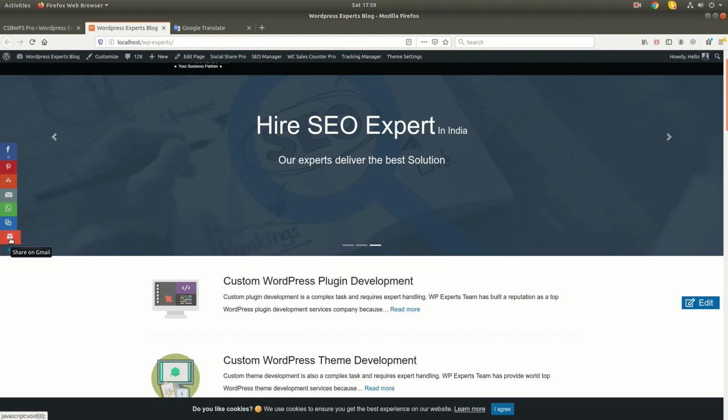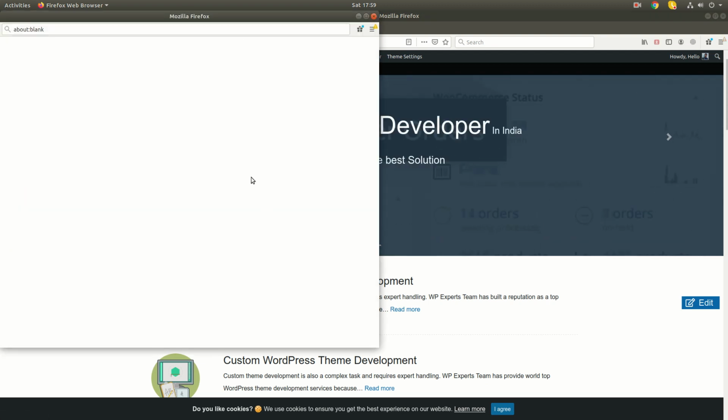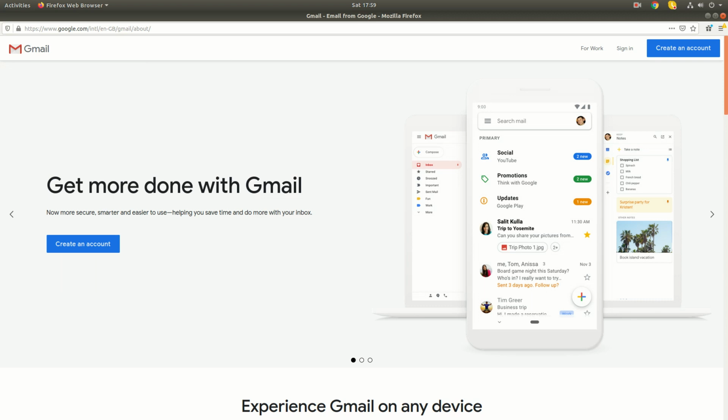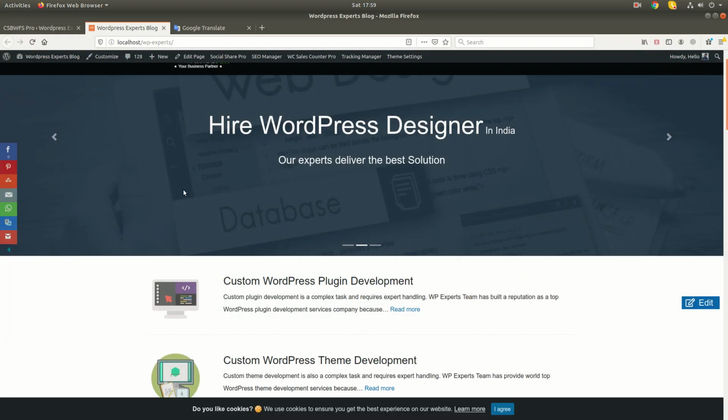Same way Gmail, if you have already logged in to Gmail, then you will be able to share the current page link in your Gmail.